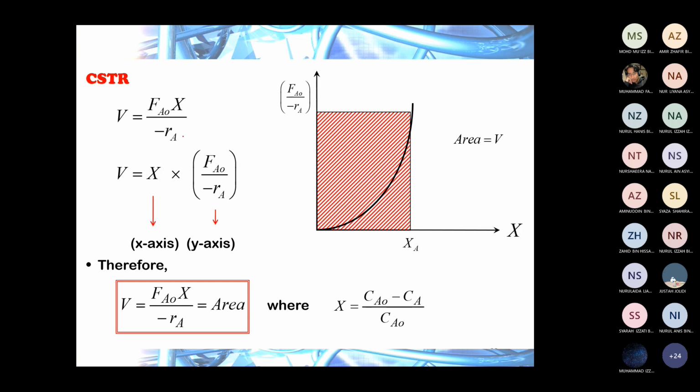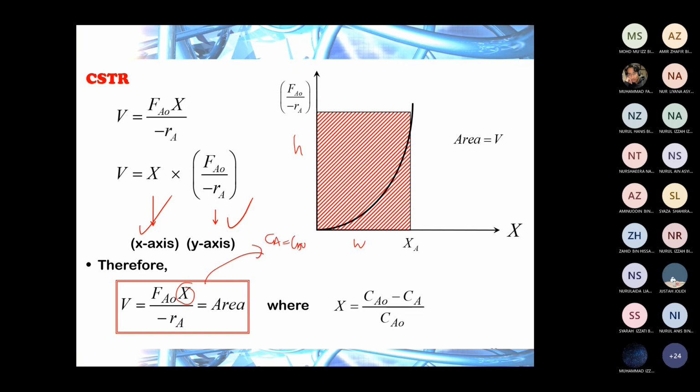Okay, so we have a FA0 over negative RA. So I'll explain, we have the x-axis and the y-axis. The area would be the whole of this, which is the height times the width. And whereby this x we can also define, what is x, because x is equal to